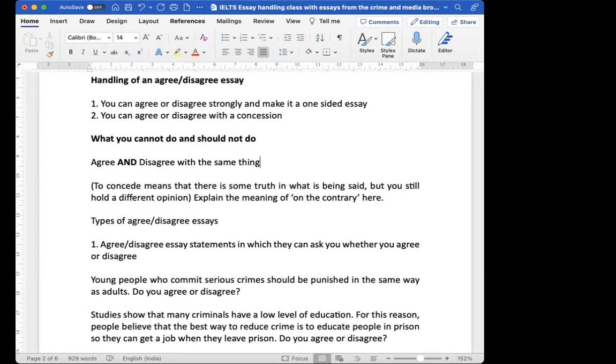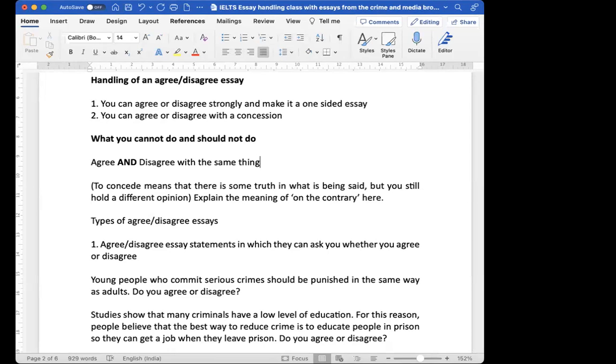Supposing somebody says, Kiran madam teaches well. Do you agree or disagree? Can you say I agree and I disagree and make one para on agree and one on disagree? No, I'm just giving one simple, easy example to make it clear to you. You cannot put one paragraph of agree and one of disagree because you cannot agree and disagree with the same thing.